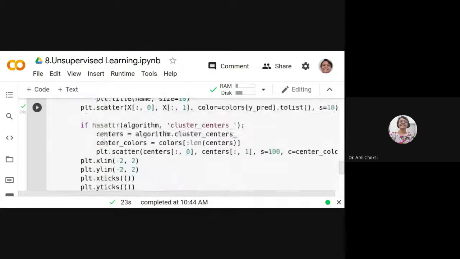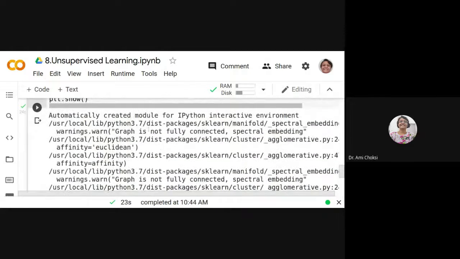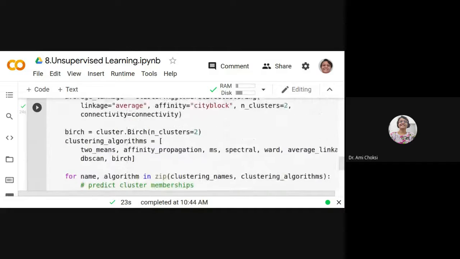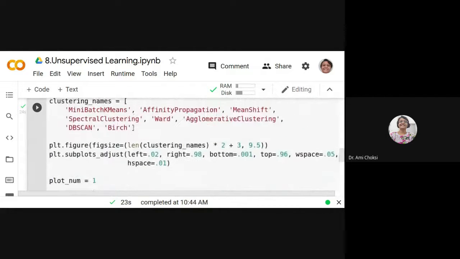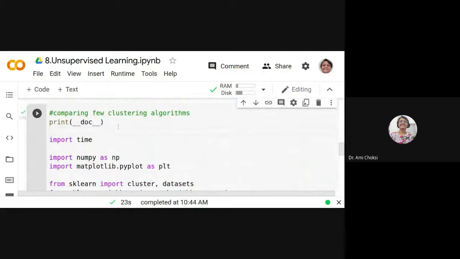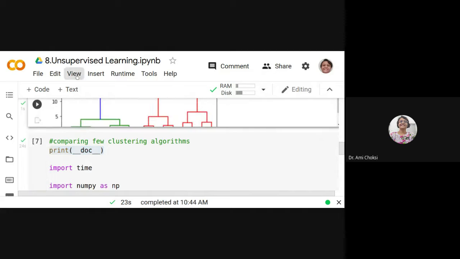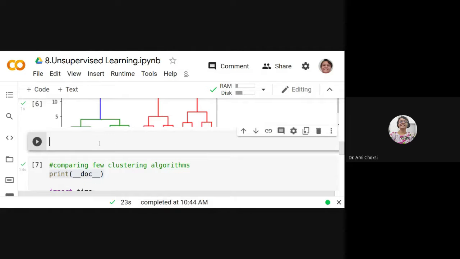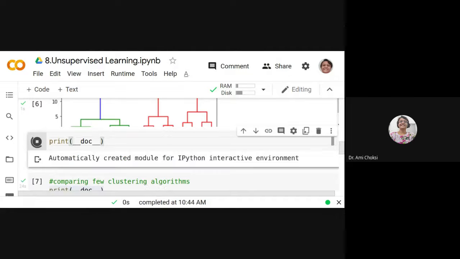Okay, so we will see this a bit later, but let me just put it separately. This docstring, whatever we have specified, actually we haven't specified anything, but otherwise it can give us the docstring. Let me put it separately so you can have the idea. Automatically created module for IPython interactive environment, right? Whatever is the document string we are having, that we can use here.